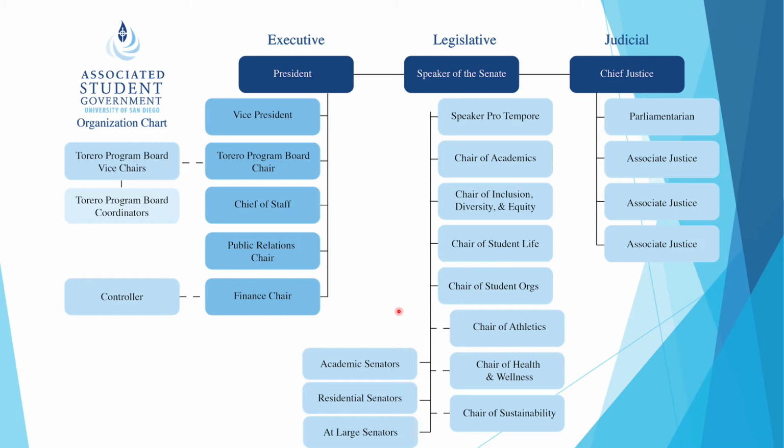And then, of course, the Chief Justice is right here, so they're in charge of the Judicial Branch, and so there are more leadership positions within the Judicial Branch because we have the parliamentarian right here. So the parliamentarian is the person who is basically in charge of all the rules and making sure everything stays on track according to Constitution and Robert's Rules of Order. And so though the parliamentarian attends weekly Senate meetings, they're still very much a part of the Judicial Branch. And the rest of the Judicial Branch is made up of 3 associate justices who work with the chief and the parliamentarian on things like elections and bylaws and honestly a lot of rule-related things.